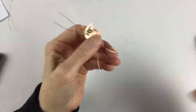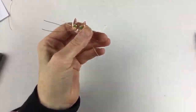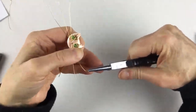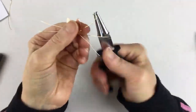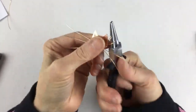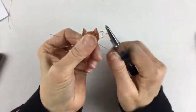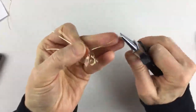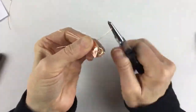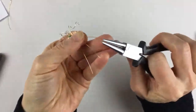So if we just, here, let me use my other pliers, I think, because I like these bigger pliers sometimes because you can actually continue doing the whole spiral with these. So let's just go ahead and we're just going to twist it up like this. Okay, we're going to twist them all. Okay, just to get it started. And then maybe the ones on the bottom, we'll twist it down towards the bottom a little bit. And these will be able to adjust at the end. But right now, I don't know if you guys can see, but I'm just kind of doing a very loose spiral